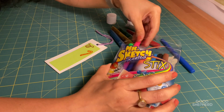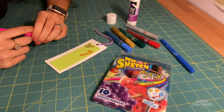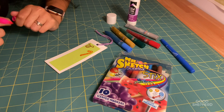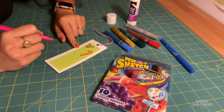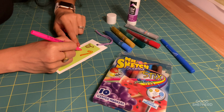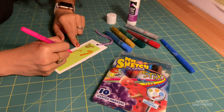The next color that we're gonna use is a pink color, and you can use whatever color you like. And this is to draw a bottle or a jar of oil, because you will learn why. I'm not gonna tell you right now, but you will learn why. So to depict the bottle, right, we are gonna, guess what? Draw a bottle. We are gonna start with the top, and that's gonna be slimmer. So 2 lines, 2 parallel lines, and then it opens up